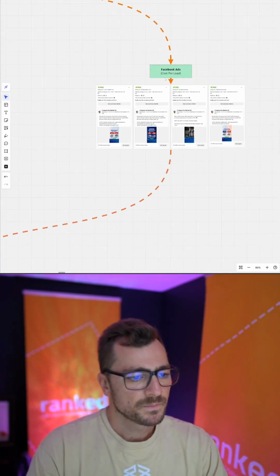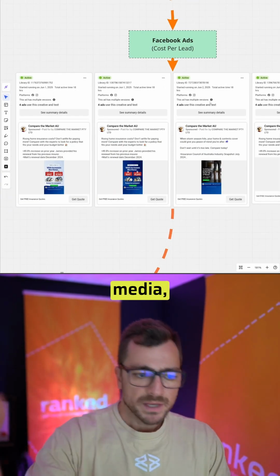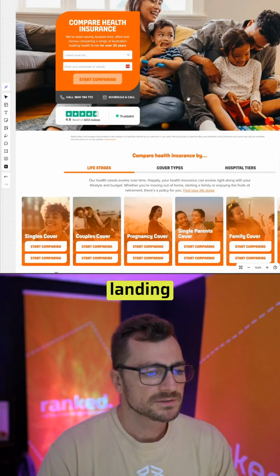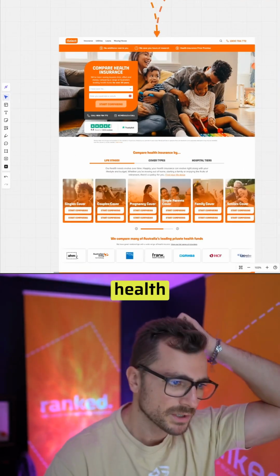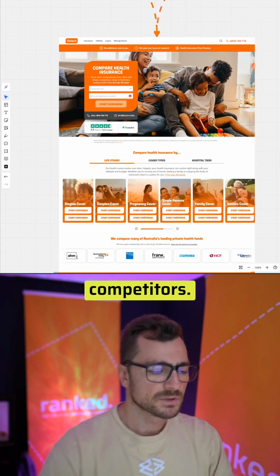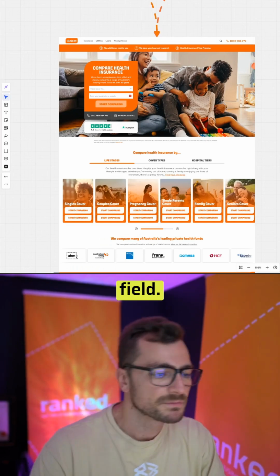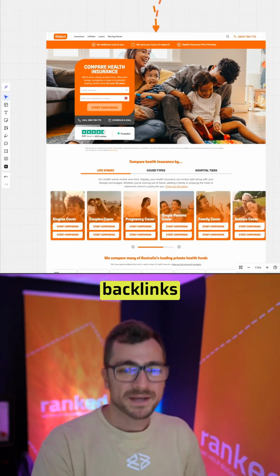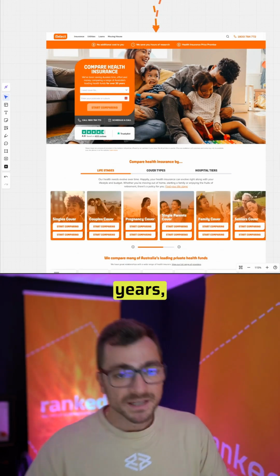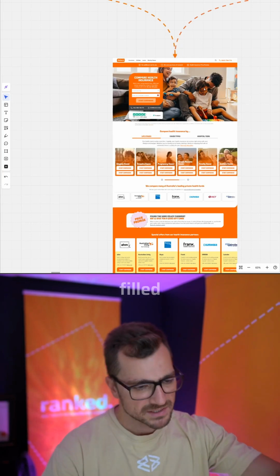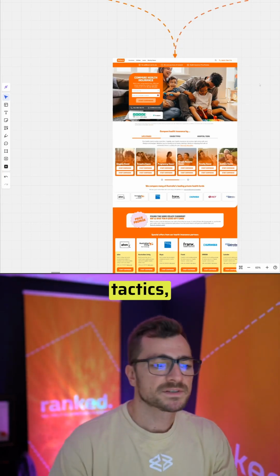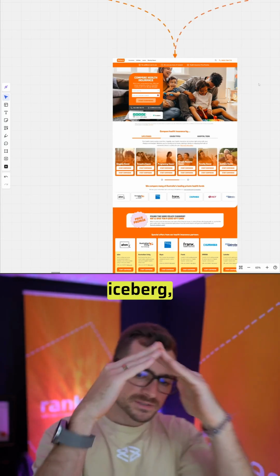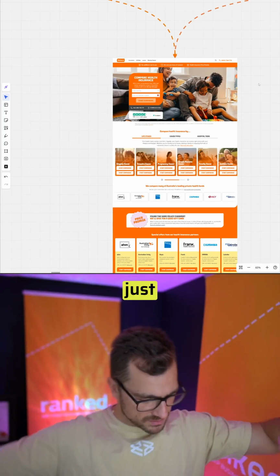Facebook ads, you show some media, you try to take the details then and there, and then both of them funnel to a sales landing page. Now this is just a recent audit I did for health insurance. Just looking at a few competitors, there's definitely a monster in the field. I calculated something like $1.5 million worth of backlinks in just the last 10 years, which is a monster. And this space is filled with questionable tactics, meaning a lot of hidden SEO, where on the surface it appears to look like this iceberg, but underneath it's all messed up.